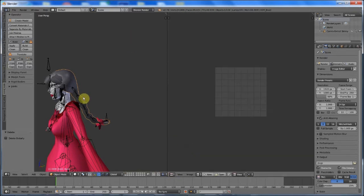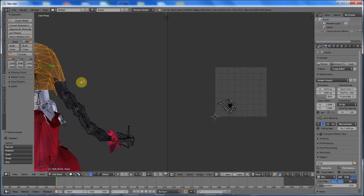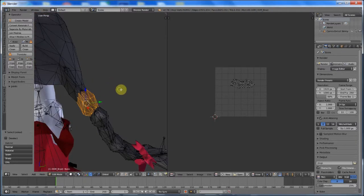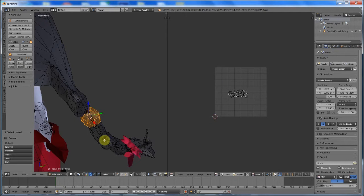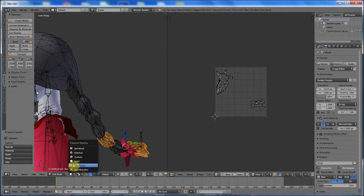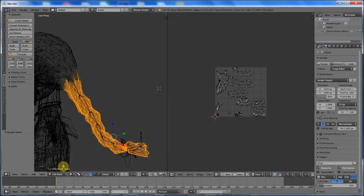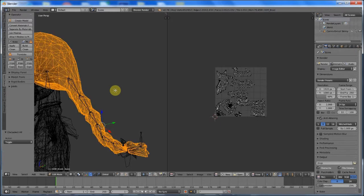So let's go into UV image editor. Let's grab her hair and go into edit mode. Now, fun fact about UV maps for hair, well, or anything, is that you can overlay the different parts of the hair. Pretty cool if you ask me. Now, for this, I had UV mapped each little thingamajig as its own little thing, but instead of doing that, I'm going to go into wireframe, I'm going to select B over here, and I'm going to Control E, clear seam. And now when we press A, unwrap,